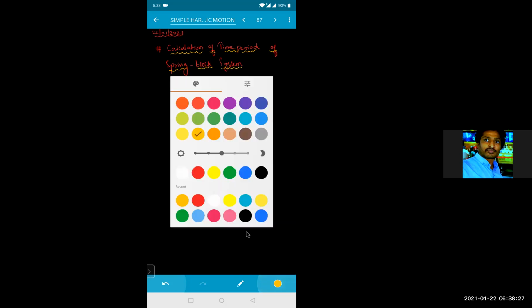Okay. See the basic requirement for this one, beta. Whenever you get a system of problems in which there are n number of springs, but there is one block. Okay? We may have any number of springs: 1, 2, 3, 4, 5, 8, 10, 100, infinity, anything. If all those springs are connected to one block, only one block, then I have some steps to follow for this one.